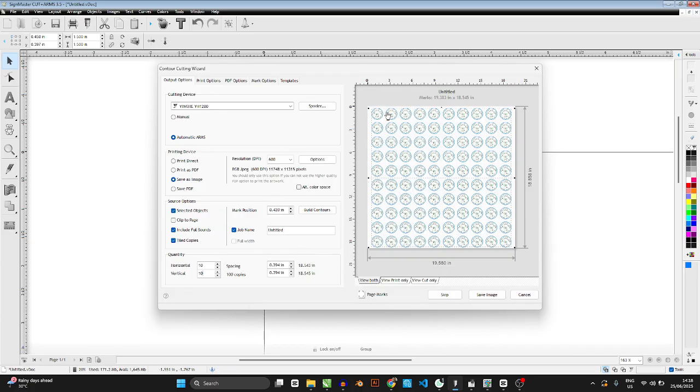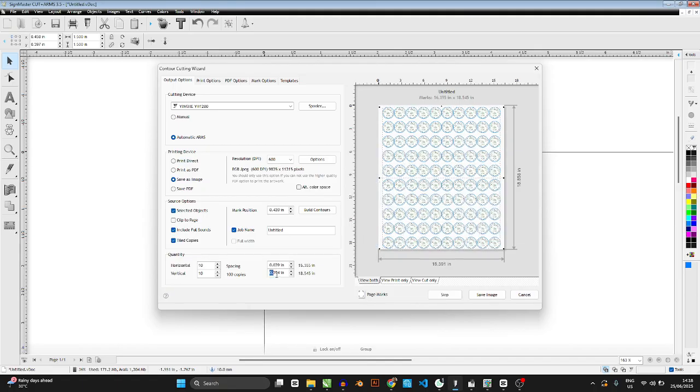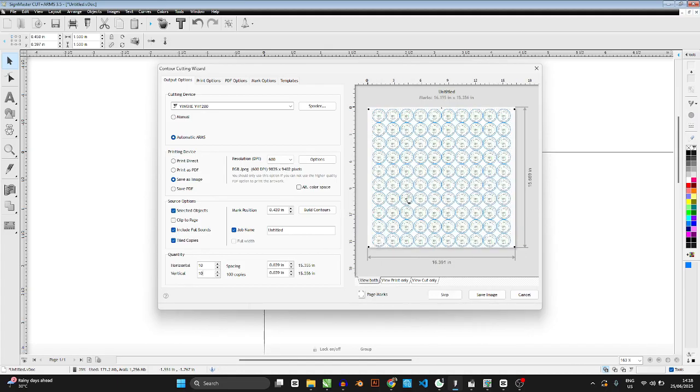If we leave it now, this one says you have 0.3 inches. That's about half an inch between each object. That's too much material to waste, so you then have to reduce the size. Usually a size of 0.03 vertically and 0.03 horizontally is perfect for this job. So now you have 16.391 and 15.669. All right, so now we have done the issue of the spacing, but we have a problem with the